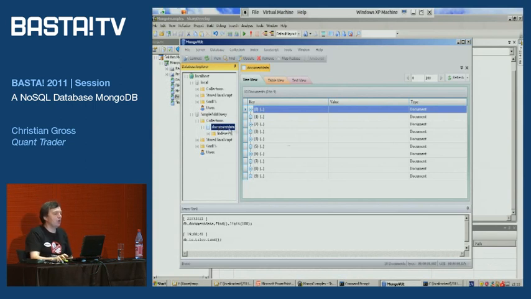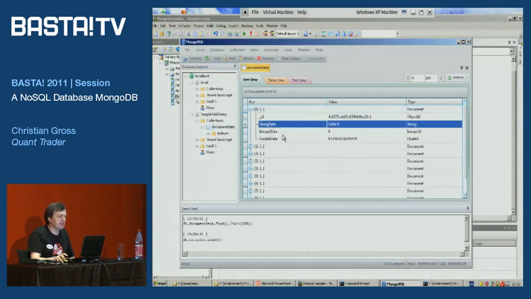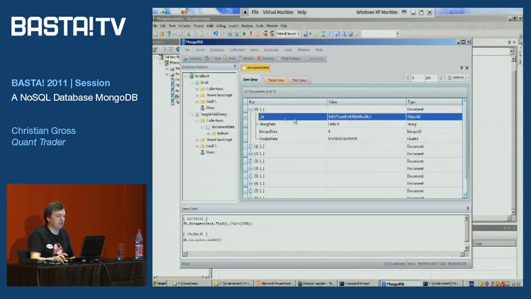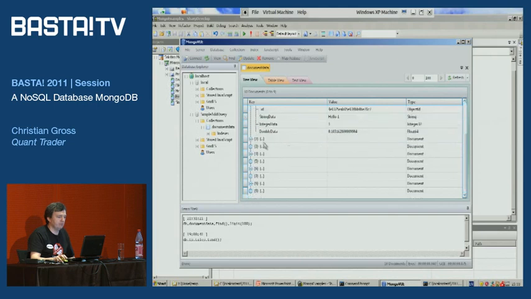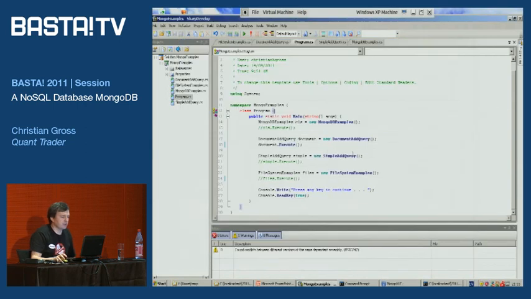In this case, what I did is I just created a SQL-type approach. And in each of these documents, what I did is I created 3 columns: string data, integer data, double data. This is a special field which we'll get to in a second. And I just created more of them. Let's look at the source code.